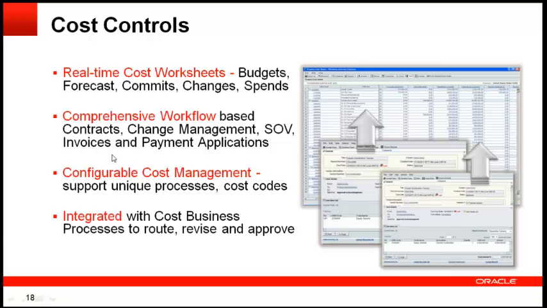The workflows that are included: contracts, change management. We had a situation where we needed to create a commitment, but there wasn't enough money in the budget, so we ran through a budget change workflow that pulled money from contingency, put it into the cost account that I needed for budget, which then allowed us to write the commitment we needed to write. And it was all pretty efficient, pretty quick, the way that we were able to do that.